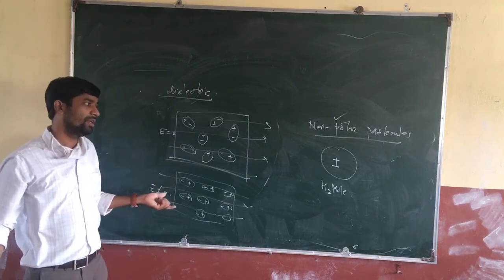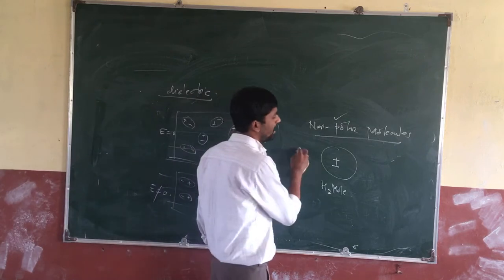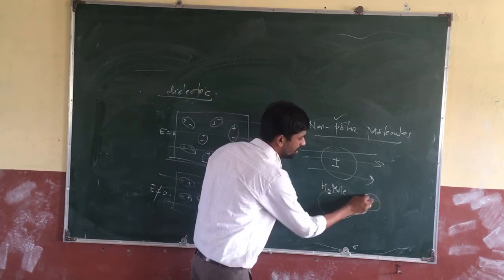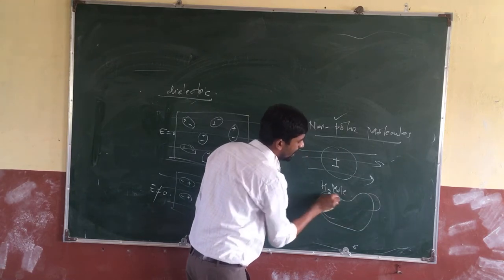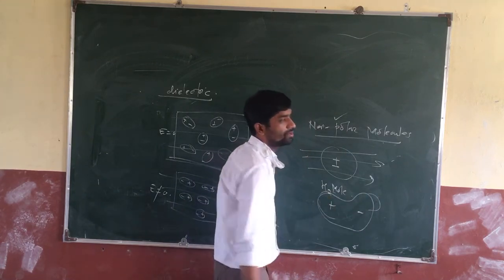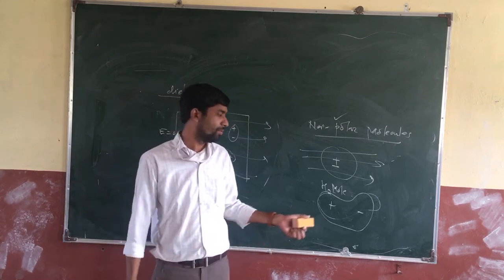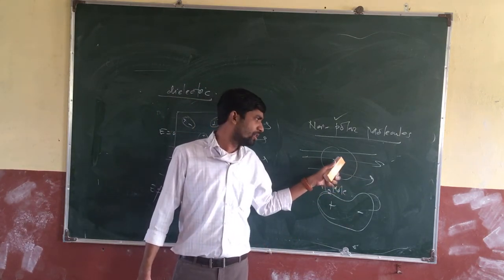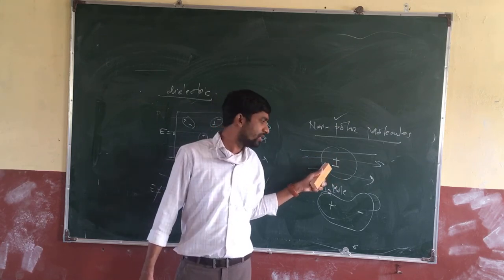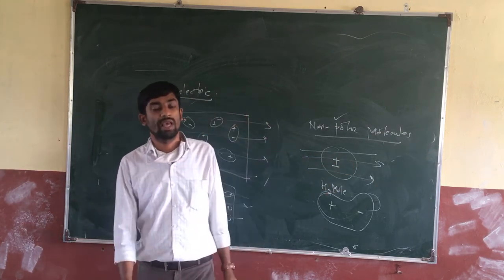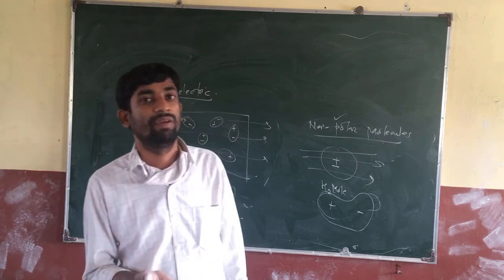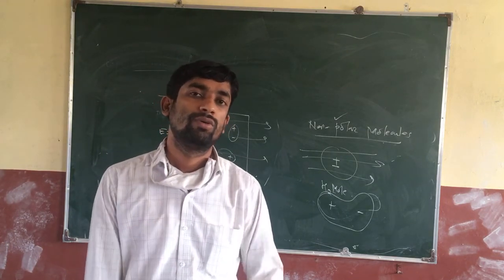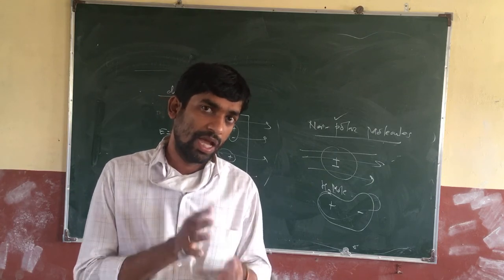What happens if you apply the electric field to non-polar molecules? Here there is a separation between the positive cloud and the negative cloud. The positive cloud will be separated from the negative cloud by a certain distance. With the electric field applied, the positive cloud will shift to one side or the negative cloud will shift to the other side. So this happens when you apply the external field to polar and non-polar molecules. This is about your dielectric material.